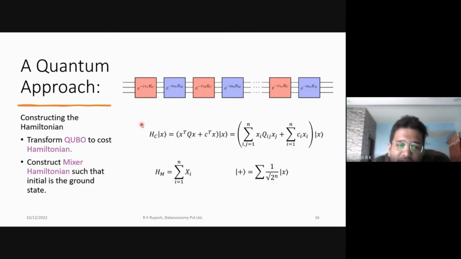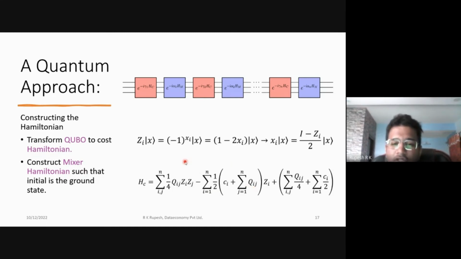And so that's why we have these two different Hamiltonians: the cost Hamiltonian, which is the Hamiltonian whose ground state we wish to find, and this mixer Hamiltonian, which will be the initial Hamiltonian that we'll be taking. The ground state for this simple Hamiltonian, which is just a bunch of X gates, is the plus state for however many qubits we have. As you all know, we get this by applying Hadamards on every single qubit, and this is the uniform superposition of all possible kets.